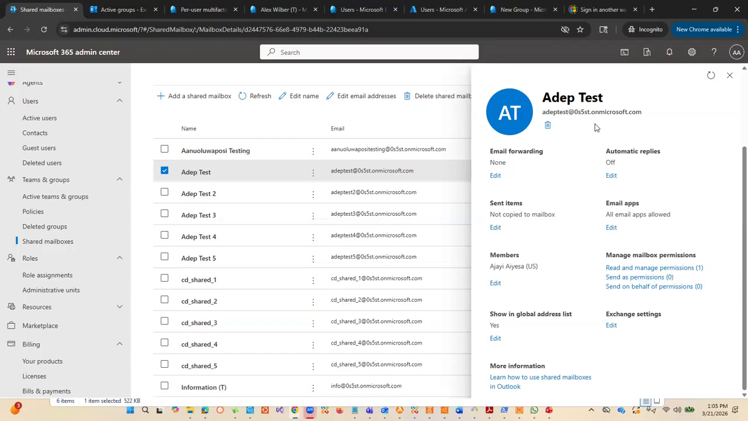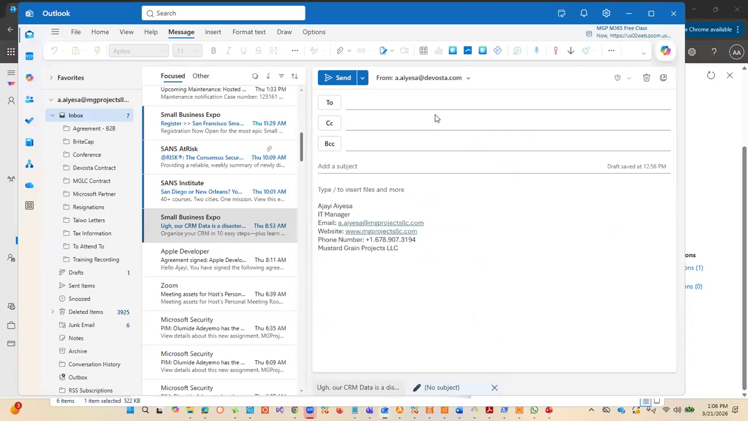So for instance, this Adaptex is used by a company. And then we have myself, my name is Ajay, and I want to send email from this email. If I have send as permission, whoever is receiving this email will not see me as the sender, they will see this as the sender, even though I'm sending it from my own inbox. And that's exactly what's happening here. So if I'm sending this from here,